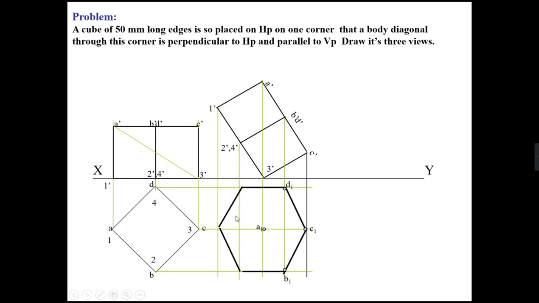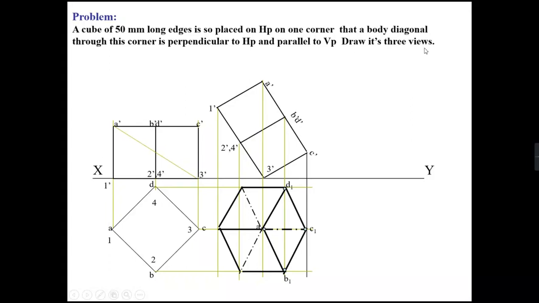So after marking all these points, first I will draw this face with the help of a HB pencil, right, which are visible, and the other faces I will join with the help of a dash line, right? So this is how you can make the top view of this diagram.